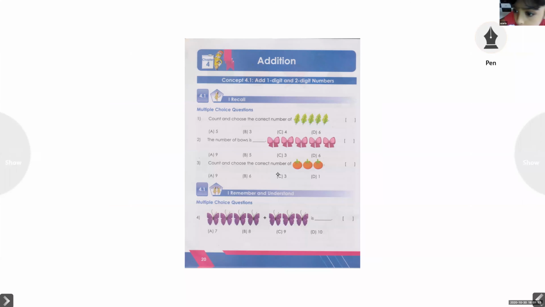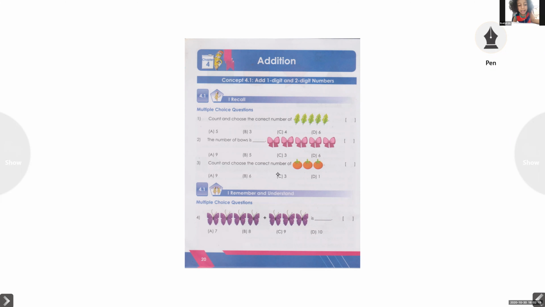The same page number you can see on the screen. And we have the first type of question, multiple choice question. Evelyn, are you ready? You got the same page? Yes, ma'am. So please read the first question, question number 1. Others, please be quiet. Question number 1.